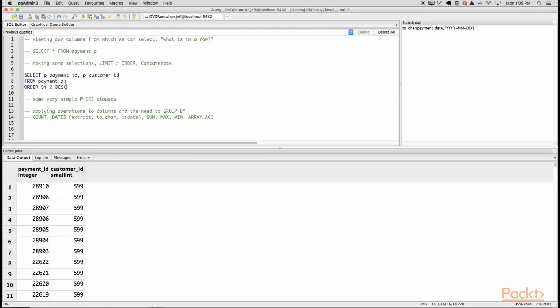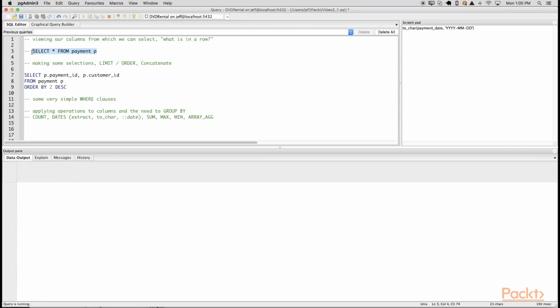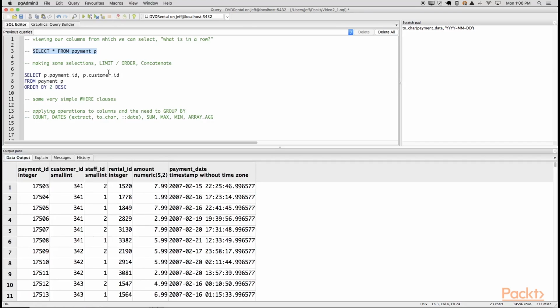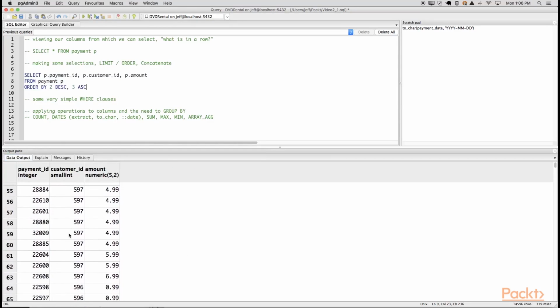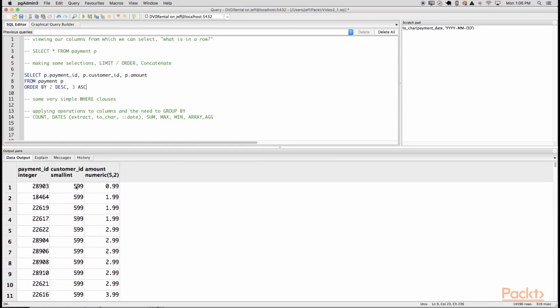Now, if we had more columns, let's add another column. First of all, what do we have? Okay, we can get an amount here. So p.amount, run the query. If we wanted to order by multiple columns, we could say order by 2 descending, 3 ascending. And then you have these multiple ways to order. So for instance, we're looking at column 2, which is 599, customer ID, and now column 3 is going up,